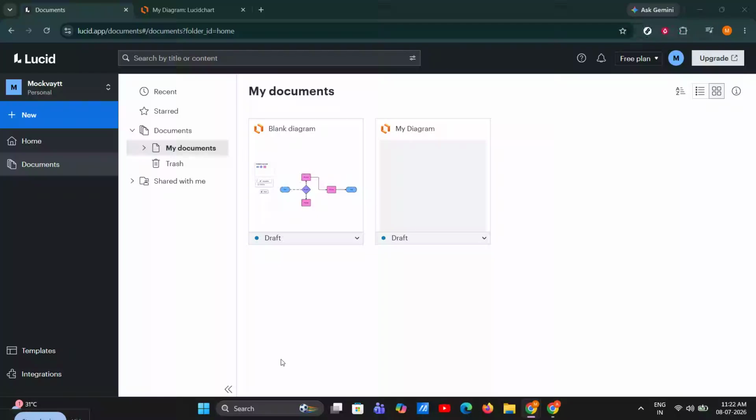If you're seeing an access denied message in Lucidchart, don't worry. In this video I'll walk you through the fastest ways to fix it step by step. This usually happens because you're signed into the wrong account, the document permissions need to be updated, or the shared link is no longer valid. By the end of this tutorial, you'll know exactly how to check your access and get back into your Lucidchart